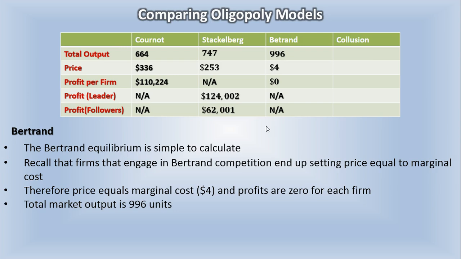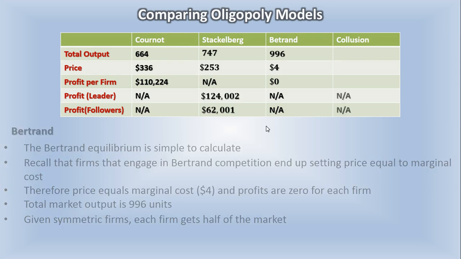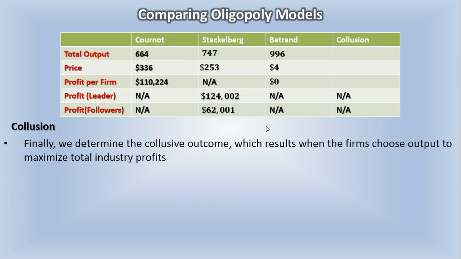And then, of course, there is that last option, collusion, where the firms are working together. They're essentially working together as a monopolist. So you're going to get the worst market outcome with a monopolist. All right, so